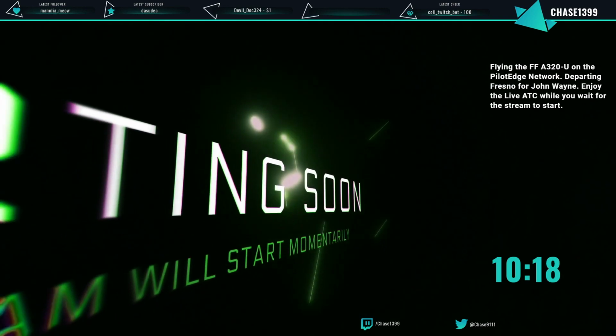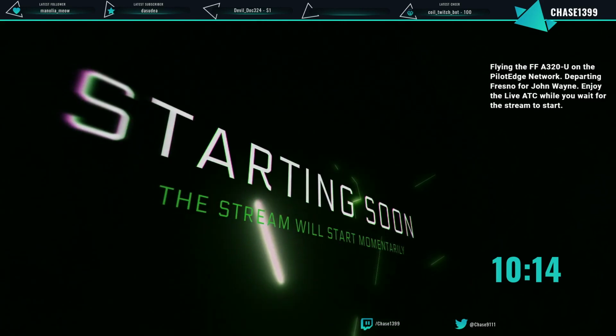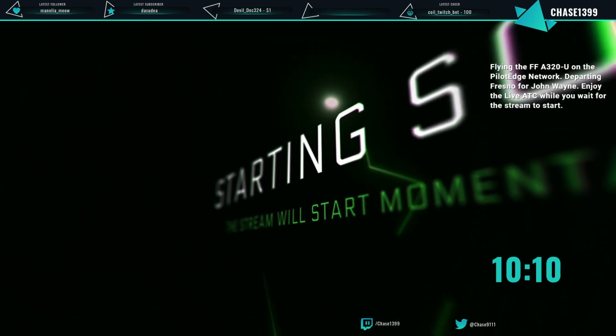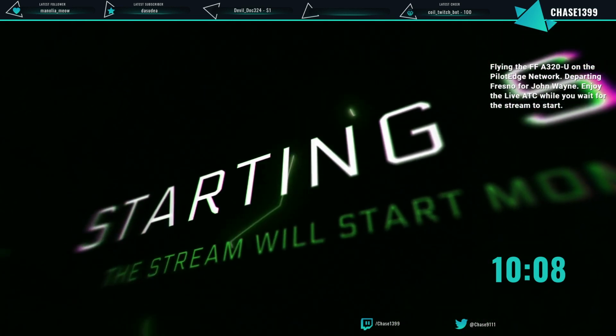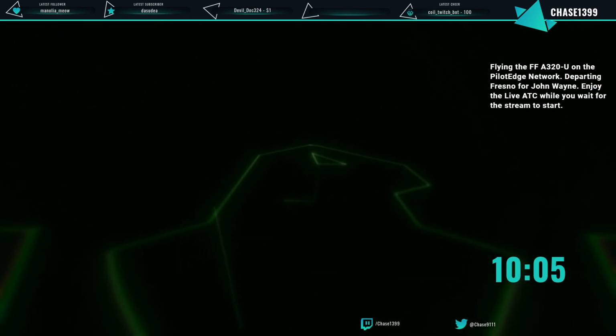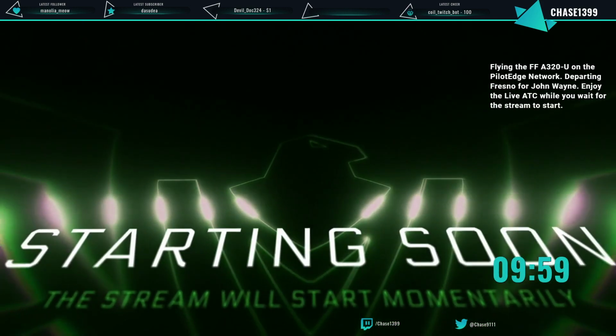American 2142. Your speed, please. Speed, Skywest 133 Yankee. Skywest 4743, turn left heading 170. Heading 170, Skywest 4743. Miles, descend and maintain 10,000. We have the airport in sight,